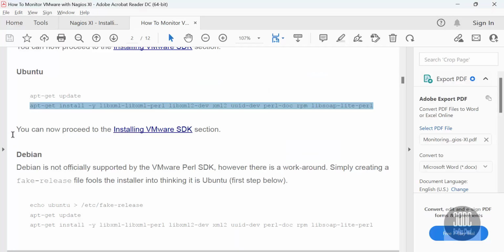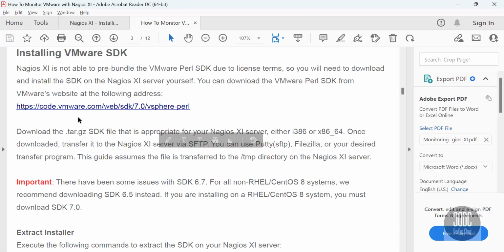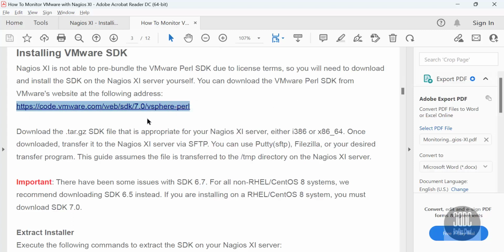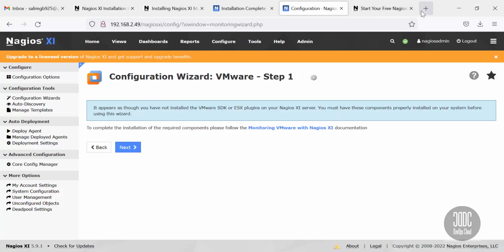After that, we can now proceed to install the VMware SDK. Click on VMware SDK, copy the link, paste it on a browser,